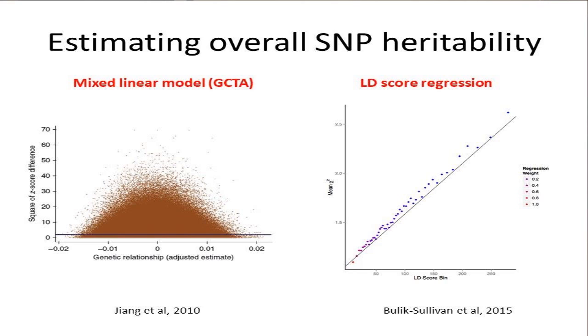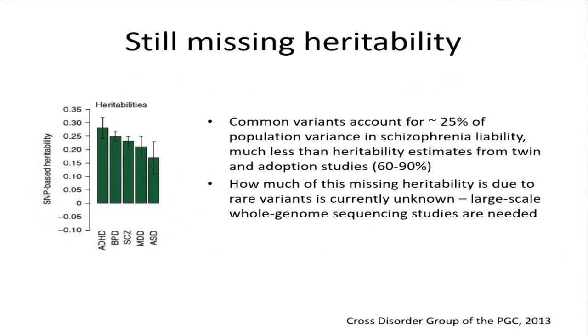And these are two such methods, based on mixed linear models, one called GCTA, another one called LD score regression. So I'm not going to go into the methodological details of these methods, just to say that they can be used to give rise to estimates of the total contribution of SNPs, whether they are significant or not. And even if you were to do that, the total variance in liability accounted for is increased to about 25%. You can see here the total amount of the